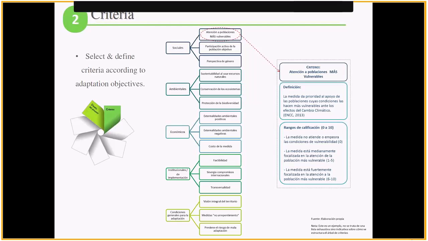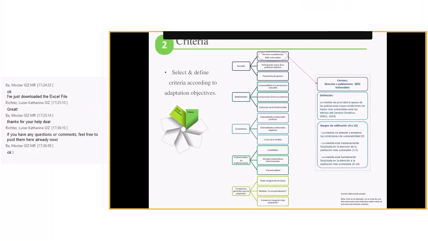So this is very important because this is a tailor-made tool that must be customized by each user. So you select and define the criteria according to adaptation objectives. In this chart, the letters are very little, you can't read them, and it's also in Spanish, so I apologize about that. But what it says is that it has the elements, and it organizes them